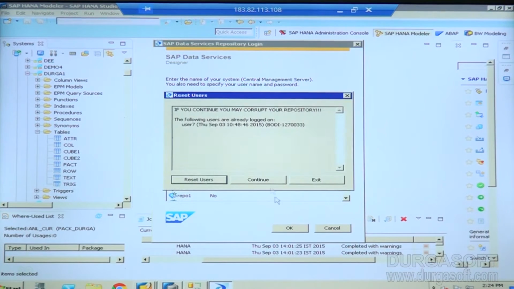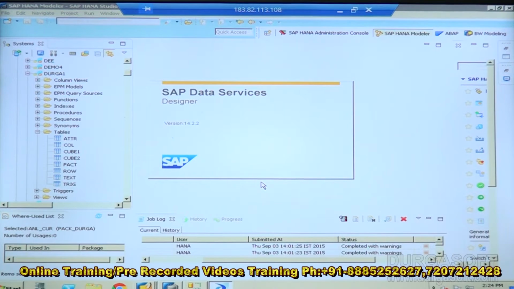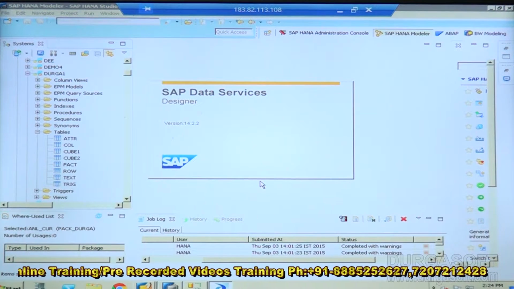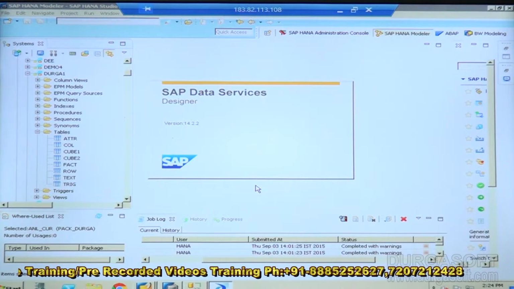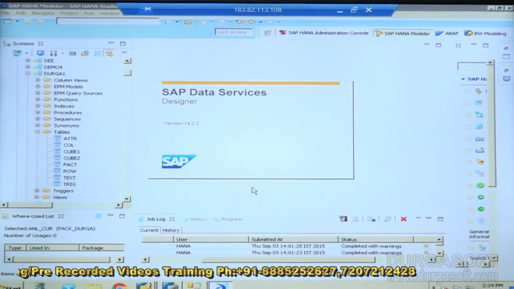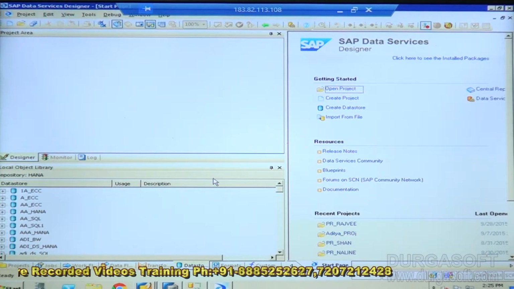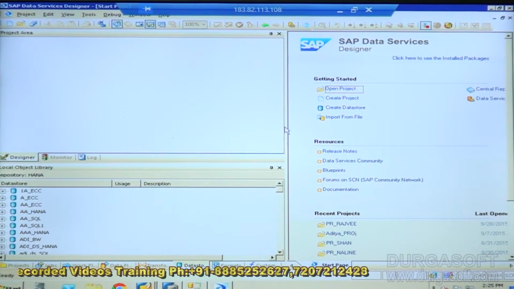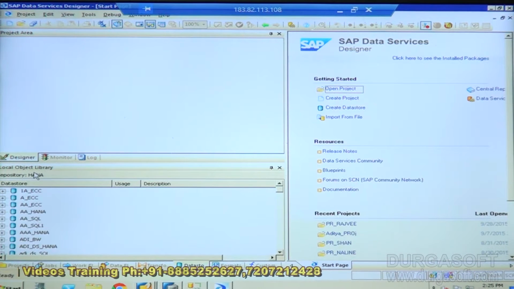SAP HANA. Continue. So this is what the screen looks like, which has this, called a project area. It is called the local object library, and it is called the structure area.